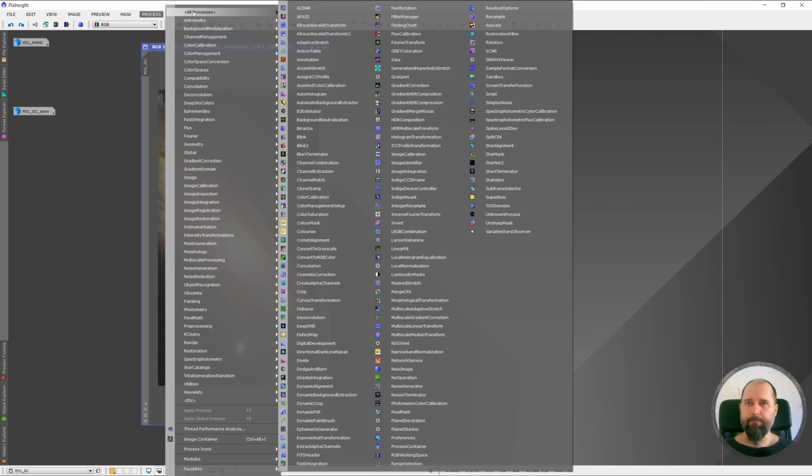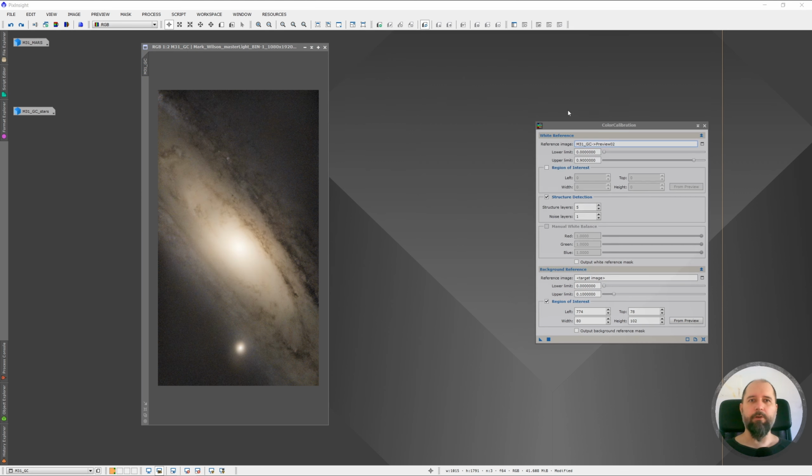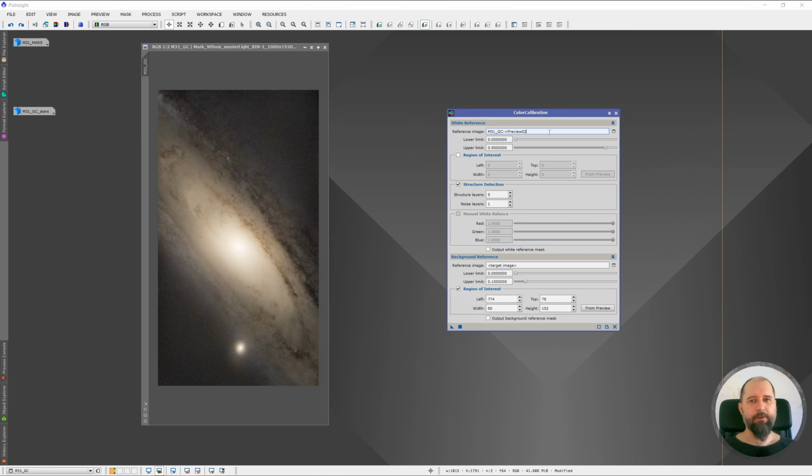Go to processes, all processes, or let's go color calibration, and click on the color calibration. I discarded this module for the calibration when we had the image in the linear mode. Now I will use it for this stretched image, and this is how we can do it. We will apply 2 previews. Click here, and